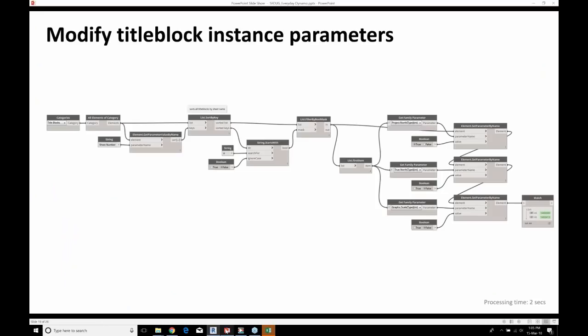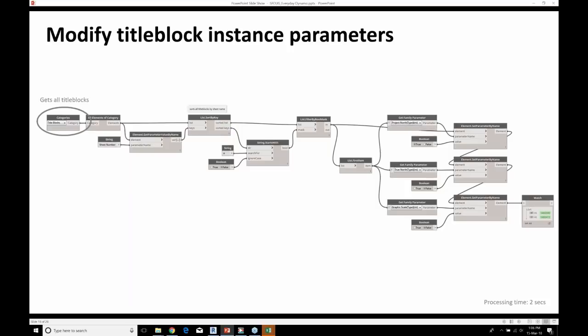Okay, so the next element, and I don't know how many architects do this, or if I'm a little bit pedantic, is to look at modifying instance parameters on that title block. What really bugs me is if I see a section or an elevation, and in the title block it has a north point. I don't know how that's possible. So most companies will have a documentation system, whether it's using letters or numbers, they'll start to group different drawing packages.